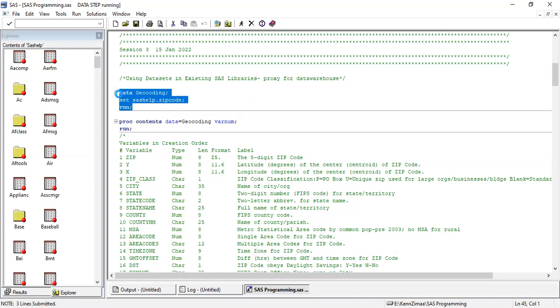So let us run this data set. I have selected this data set because it has a good number of observations. It has approximately 45,000 observations, so that you will get a hang of how the system responds when you're actually working on big data sets.